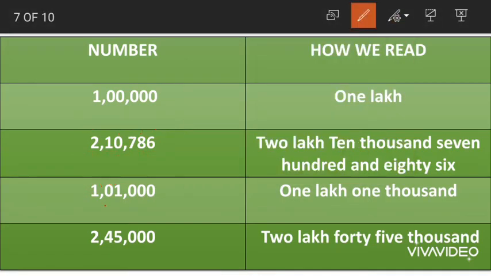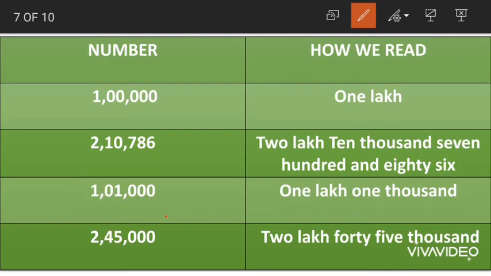The third number we have here is 1,01,000. Let us write the place values. Ones, tens, hundreds, thousands, 10,000s and lakhs. Again, what we need to consider here is the place values of ones, because the place value of 0 at any place will be what, children? Will be 0 only. Coming to the first one, this one is in lakhs place. So, we read it as 1 lakh. And 01 means 1 only. 1 is in thousands place, so we read it as 1000. Clear children? 1 lakh 1000.